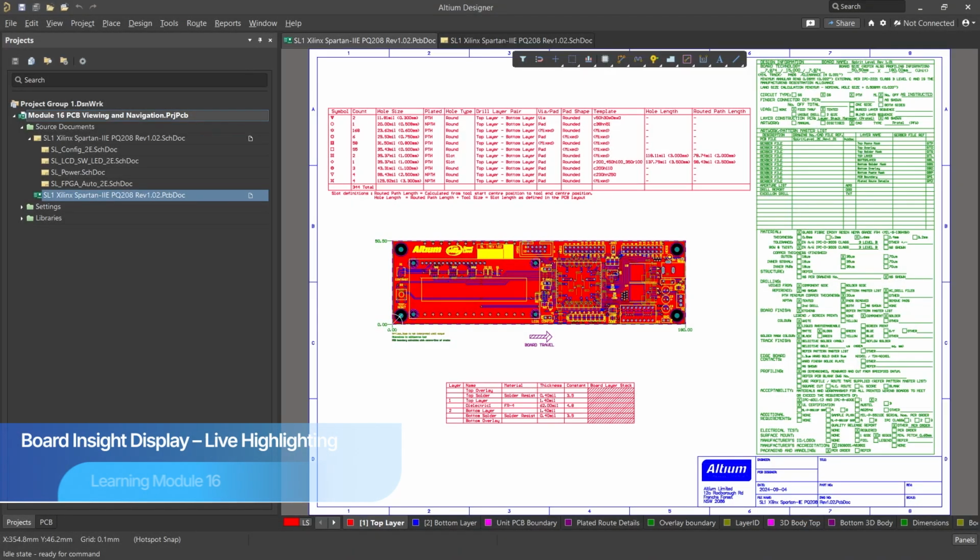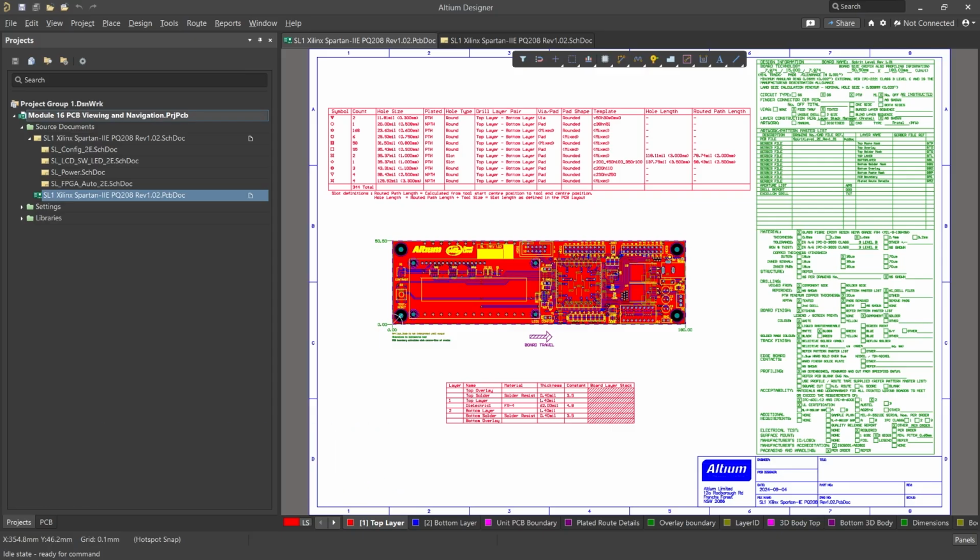We will now examine live highlighting using the Board Insight display. Live highlighting is a dynamic feature designed to improve design clarity and streamline troubleshooting by visually showcasing the connectivity of selected nets in real time. When enabled, simply hovering over traces or connectivity lines instantly highlights all related connections, allowing you to easily follow signals